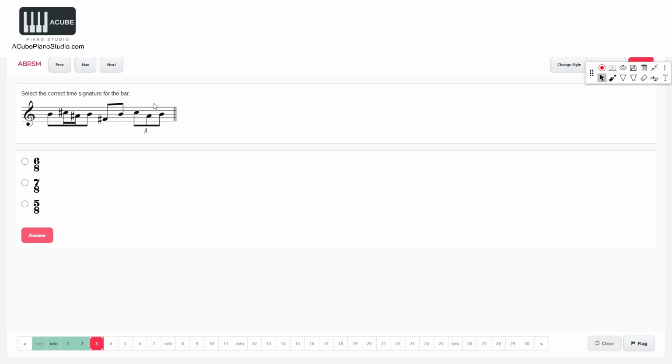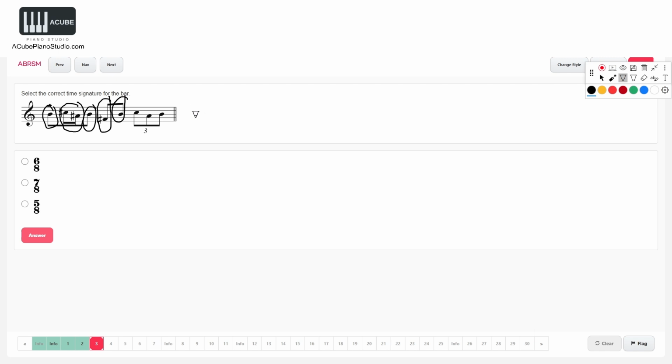So I see a triplet, okay, but all of these are in 8, right? So that means I'm going to count them in quaver beats. So now let's take a look. This is 1 quaver beat. 1 quaver beat. These 2 semiquavers add up to be another quaver beat. This is another quaver. So up to here, I have 3 quaver beats, 4 quaver beats,